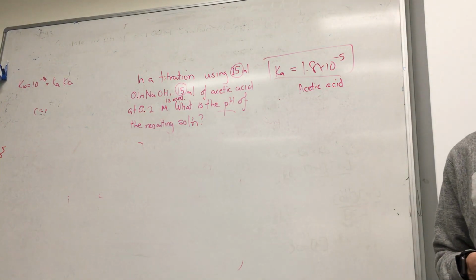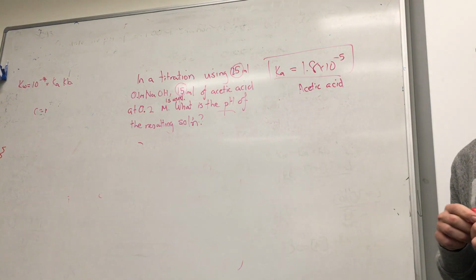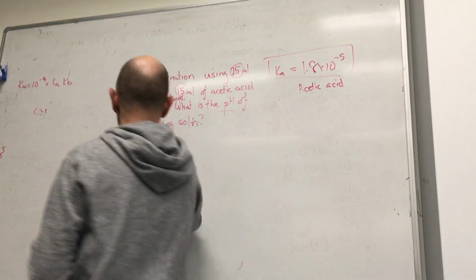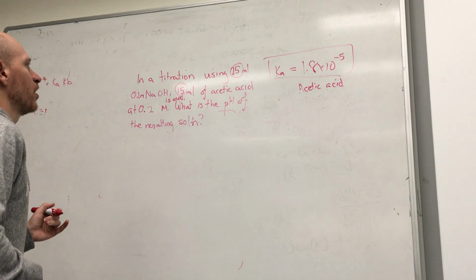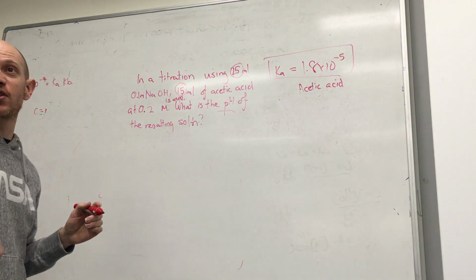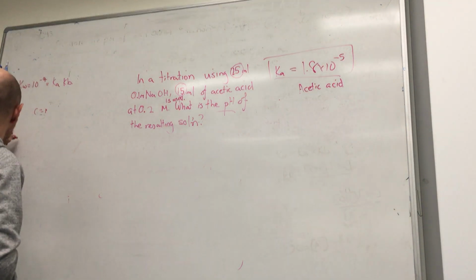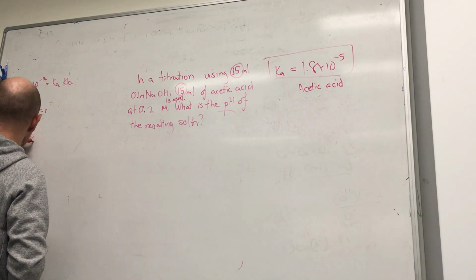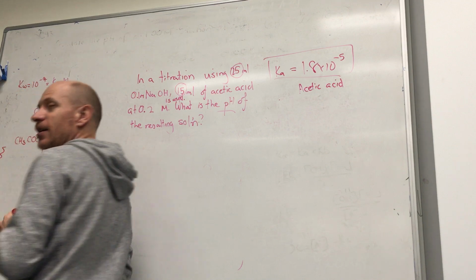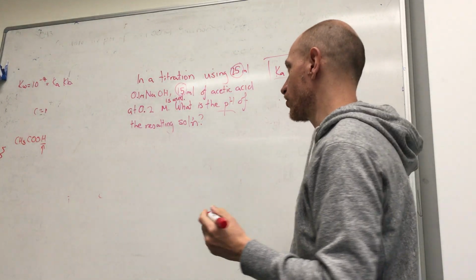Okay. So, what's our first step whenever we're given something that's a bit wacky, we don't know what to do with it? Ben, write the equation. Okay. Now, in this case, I'm going to shorten acetic acid to HAcet because the actual formula is CH3COOH with the end hydrogen being the acidic hydrogen. So I'm going to call it